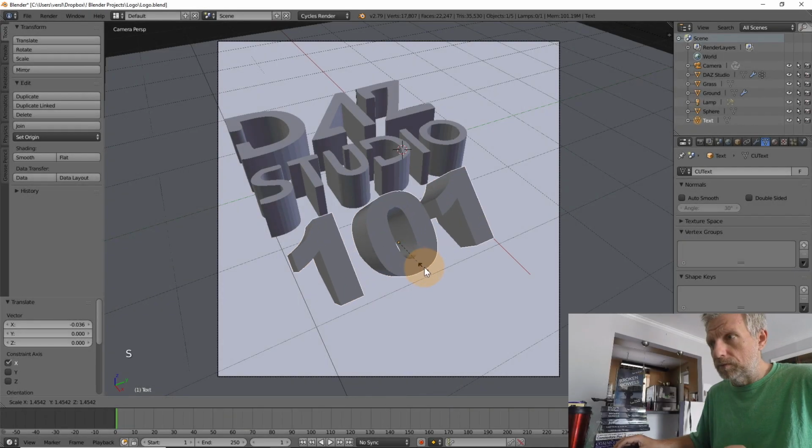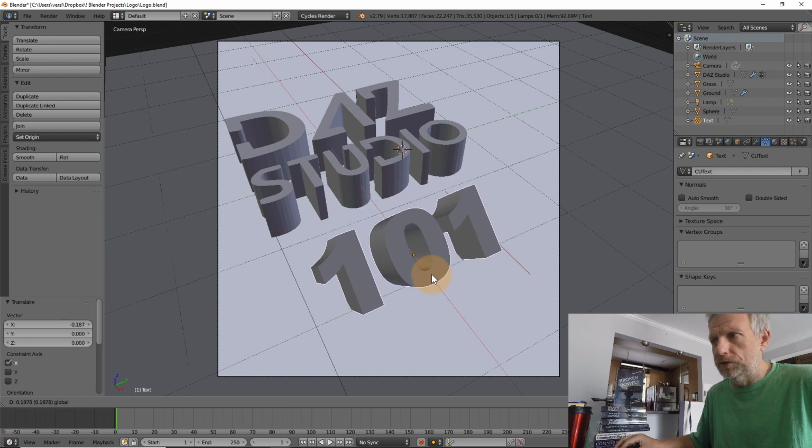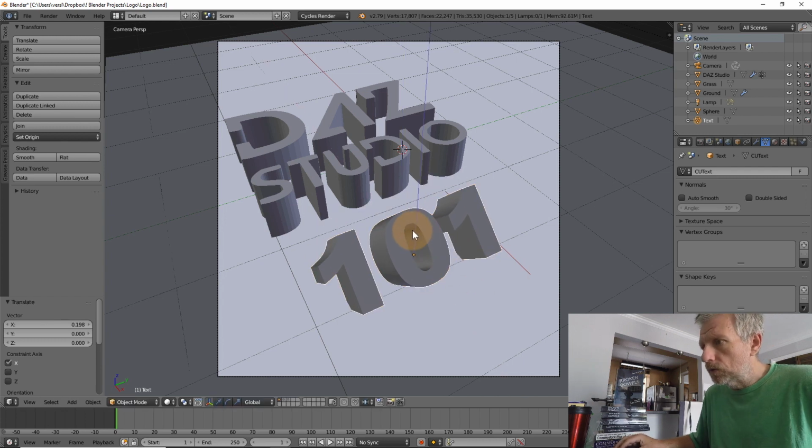So that text object, maybe we'll scale it up a bit to something like that. Bring it forward just a bit there. So if I now go and switch on